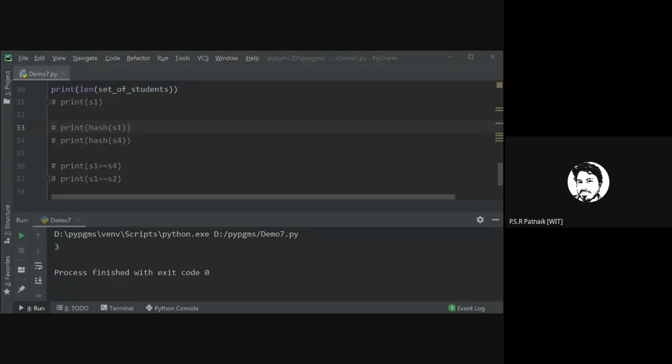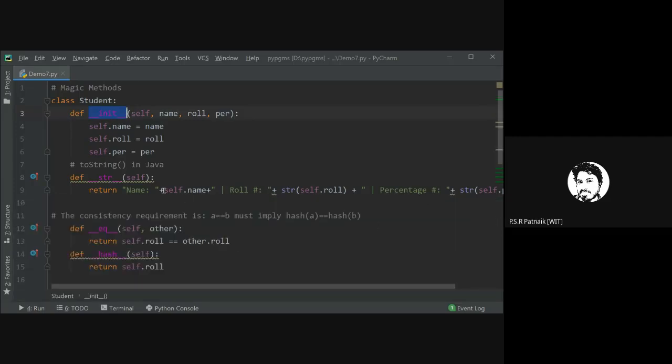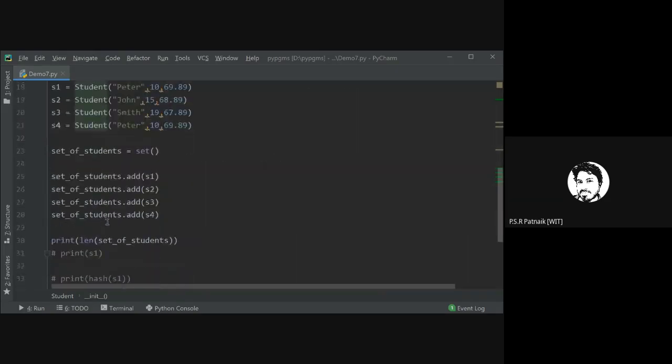Okay, Darshan asks a question: what is def __init__? Can any other student answer him? What is this __init__? Constructor. That's a constructor in Python. See, this is a way of defining a constructor in Python. I hope you have connected. Okay, so understood what these magic methods are? These all are magic methods.